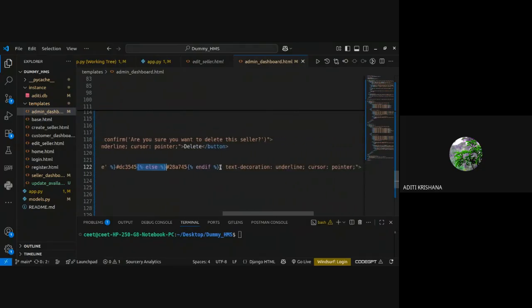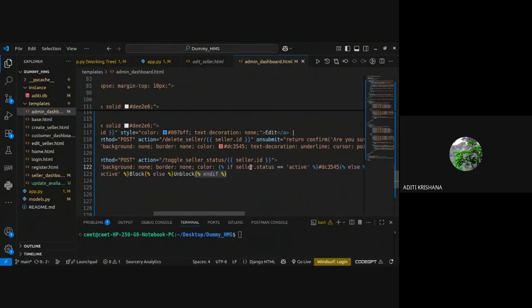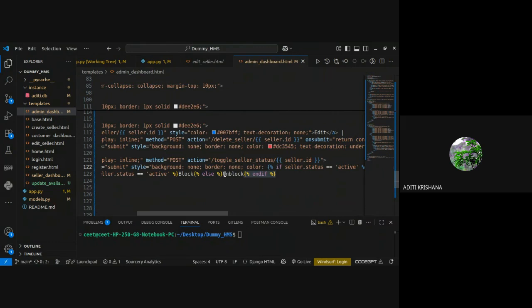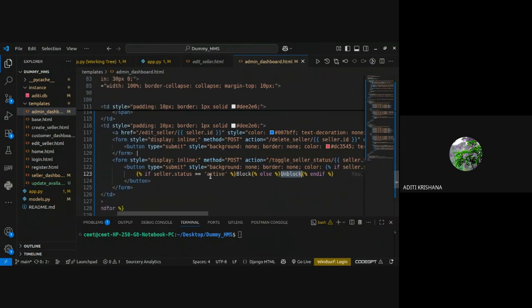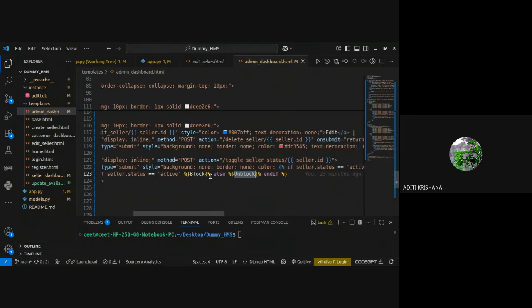So we have ended that. The status of active will be shown when the block button will be shown. And if we click the block, the other button will be shown as unblock, as it is showing. So I hope everyone is understanding how the status is going to be changed.